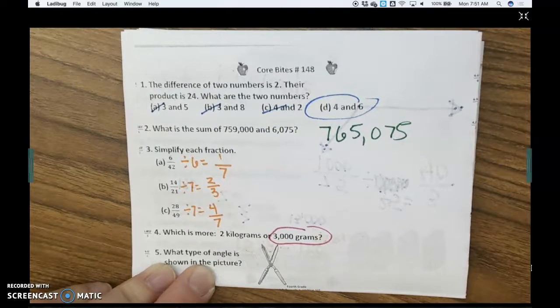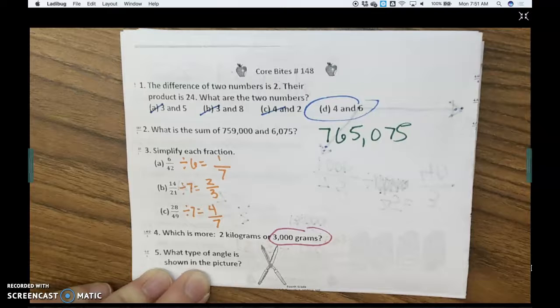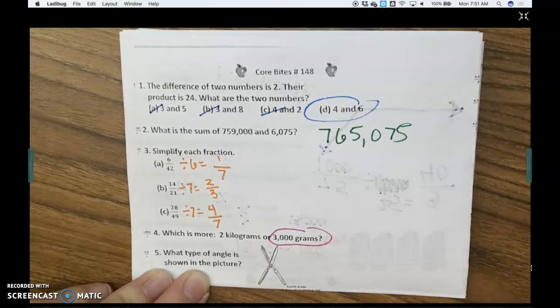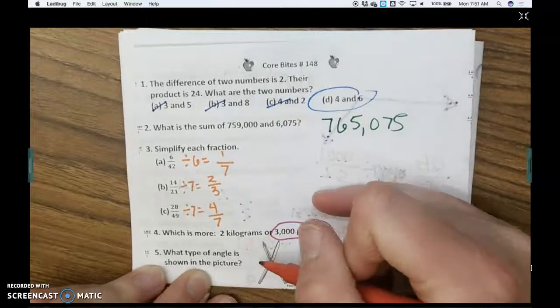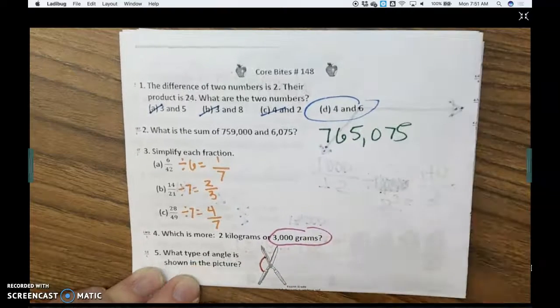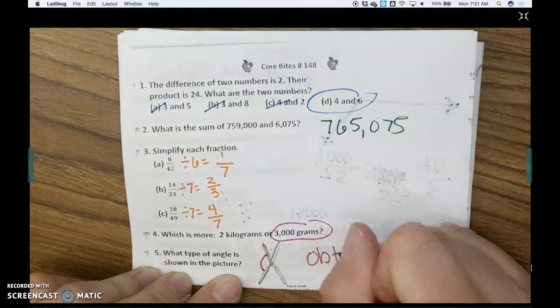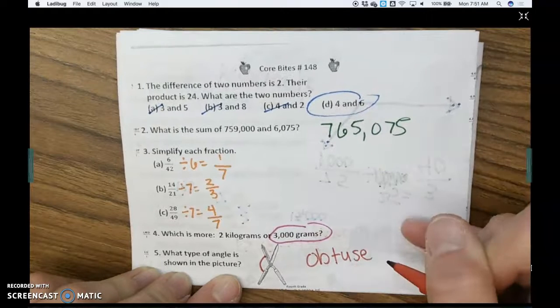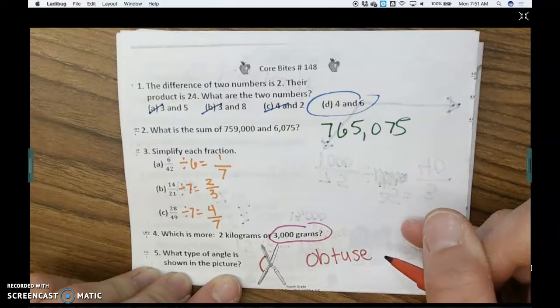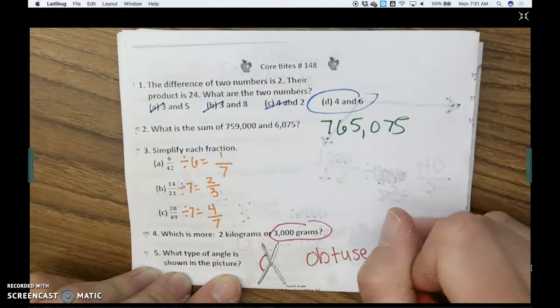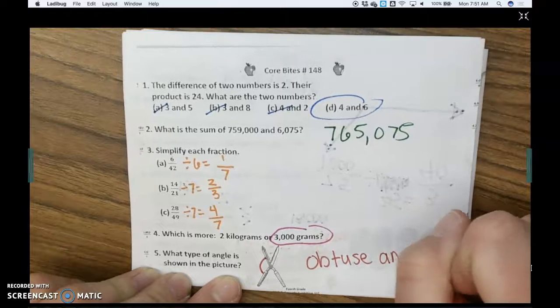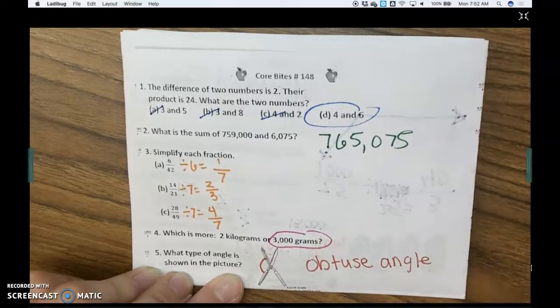And then for your last one, what type of angle is shown in the picture? Now, you've really got to look closely at this so you can see it, but they're looking at the angle that is right here on that side of the scissors. So that is actually what we call an obtuse angle because it is more than an acute angle, which is more than 90 degrees because 90 degrees is a right angle. Anything less than that would be acute. And then it's less than 180 degrees, which would be a straight. It would just be flat,